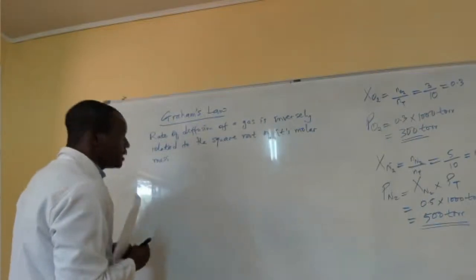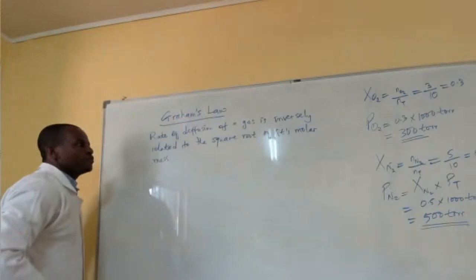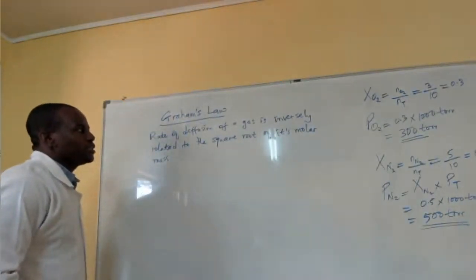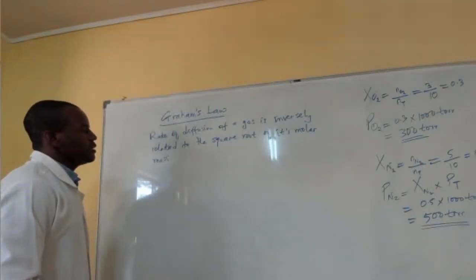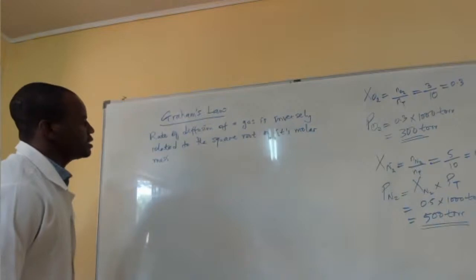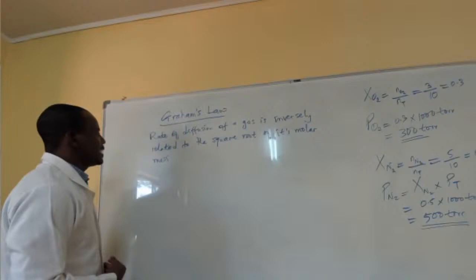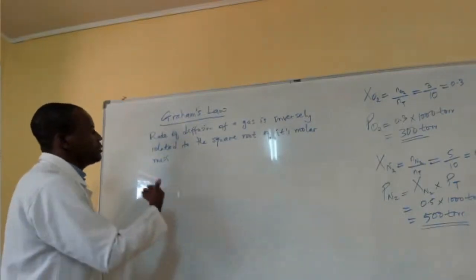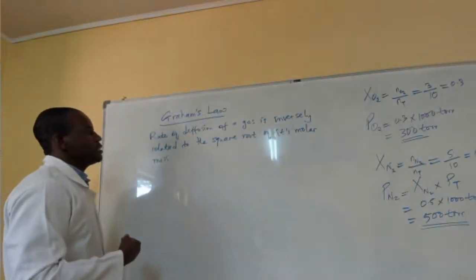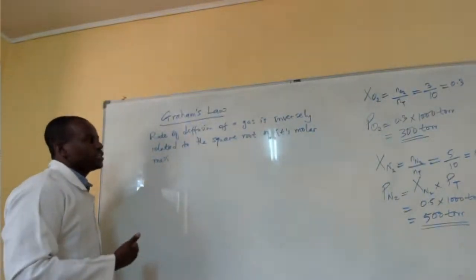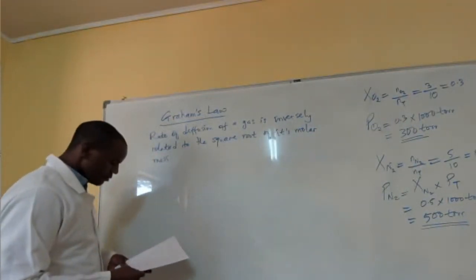the rate of movement or diffusion of a gas is going to vary inversely with the square root of its mass. In this case, actually, what this means is that if you have a gas that is heavier, you expect the rate to be slower. That is inversely. If a gas is lighter in terms of weight, you expect that the rate is going to be